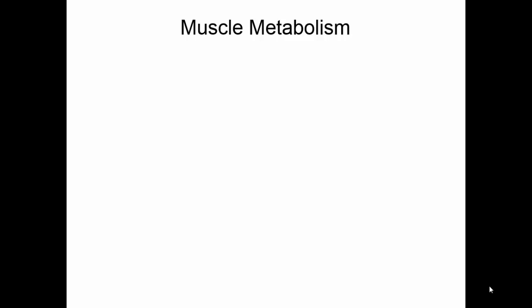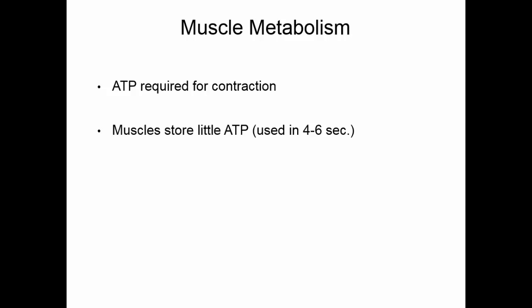In order for muscles to function, they have to have ATP. ATP is the energy they need for contraction. Muscles have just a little bit of ATP stored in them. This is consumed in 4 to 6 seconds of contraction. That means that the muscle has to have mechanisms for generating its own ATP, and there are 3 basic pathways